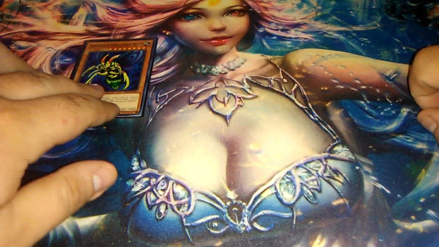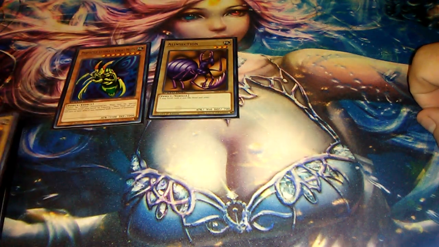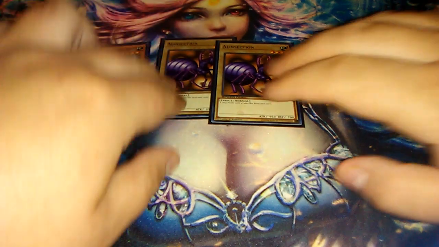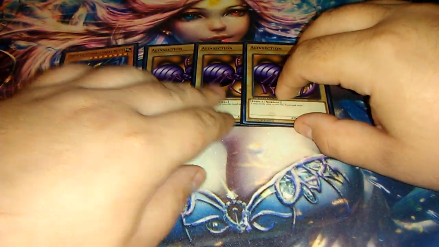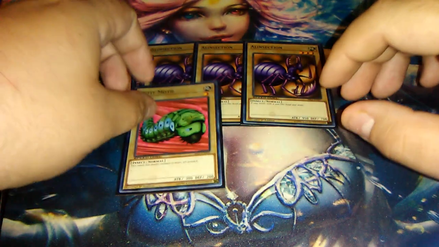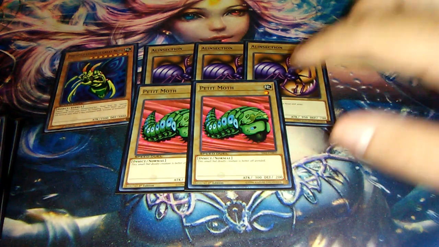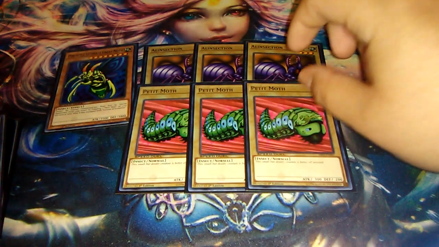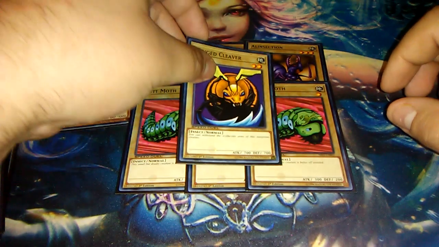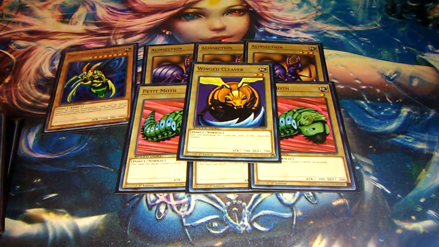So going into this, we're playing one Perfectly Ultimate Great Moth. We're playing 3 Alien Sect, 3 Petite Moths, and I'll explain the Petite Moths when I get to the spells and traps. And then the Winged Cleaver, I'll also explain this when I get to the spells and traps as well,